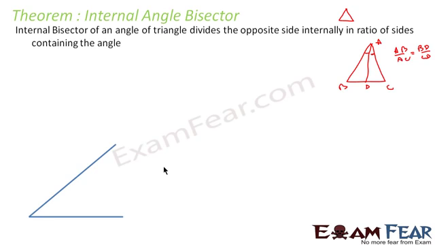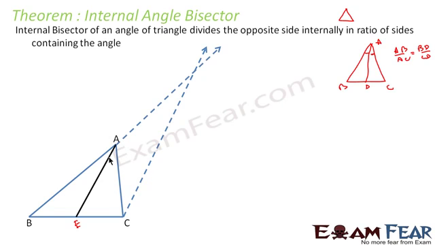To prove this, let's draw a triangle. ABC is a triangle, and this is the angle bisector actually. So let's suppose this is point E, and AE is the angle bisector. To prove this, let's draw a line CD parallel to AE, and also let's extend this line to meet at this point, and let's call this point D. Why have we done this? Because till now we know only Thales theorem. So if we have this line and this line parallel, we can use the Thales theorem property. That's why we have